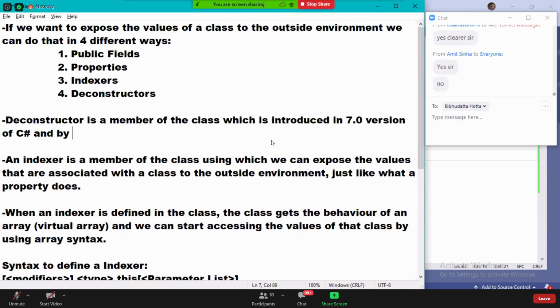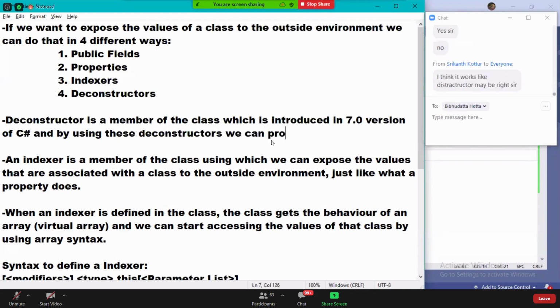And by using these deconstructors, we can provide... If it works like a destructor, why do you need a deconstructor again?